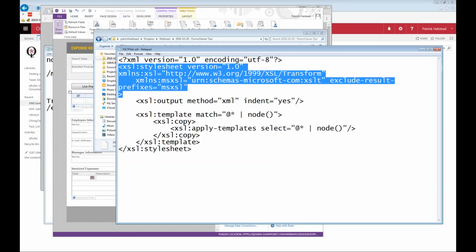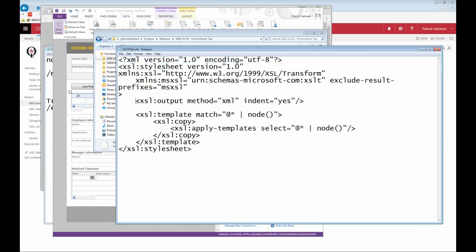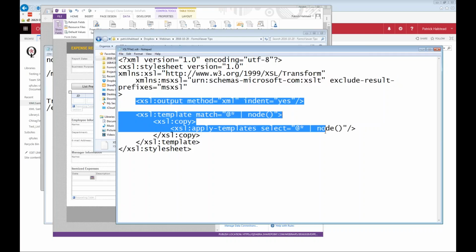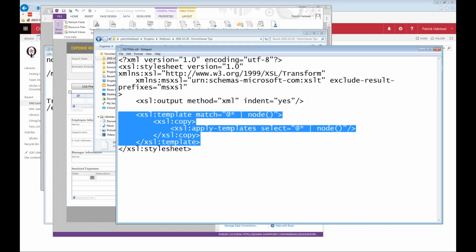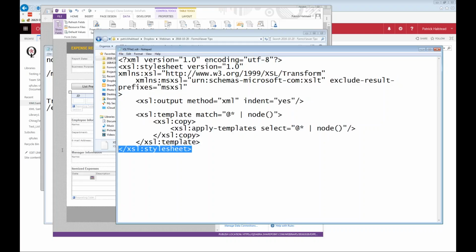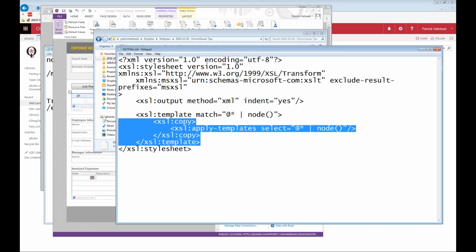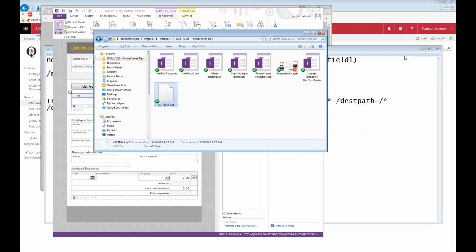Once again, this is all boilerplate. And then you've got basically these commands here. You've got the template match, and you've got the closing tag. So the real interesting thing is this, and all it's doing is it's just copying itself. So anyway, like I said, this will work with any XML you have. This is not specific to ours. So you can just take it out of ours, plug it into yours, and you're good to go with this